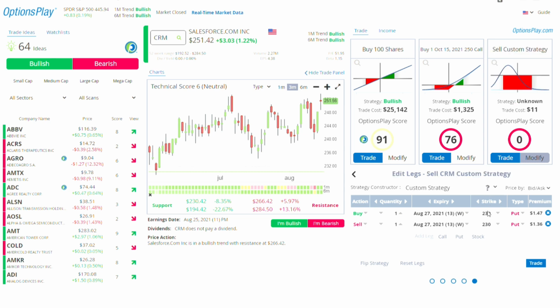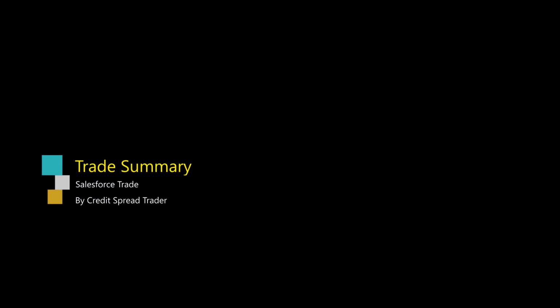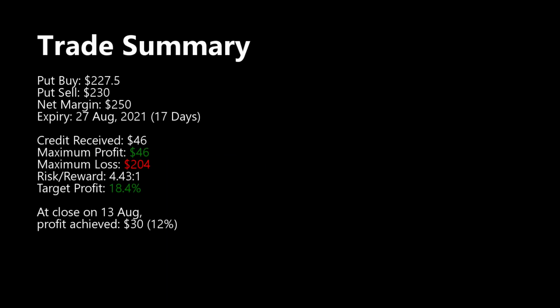However, at this point, if we look at the credit that we will receive for the same trade setup with August 27 expiry, 230 227.5 put credit spread, you will see that you will receive a $16 spread for the same trade. So basically in 3 days the spread of $46 is now reduced to $16. So if we square off our position now, we will end up with a $30 profit for this trade, and that's like roughly 65% of the initial intended profit of $46.